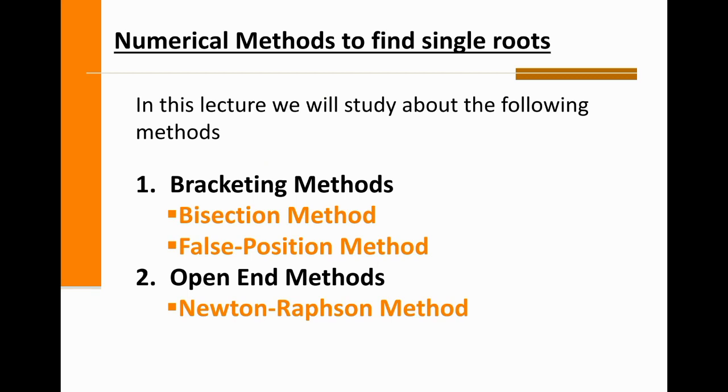Now in this lecture we are going to study three methods: the bisection method, the false position method, and the Newton-Raphson method. As we have discussed earlier, the bisection method and the false position method are both bracketing methods, whereas the Newton-Raphson method is an